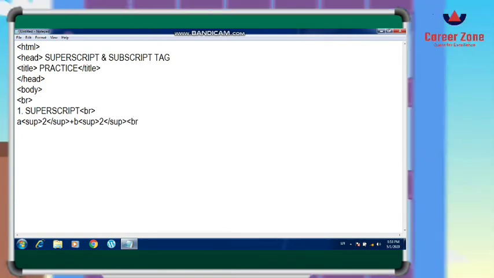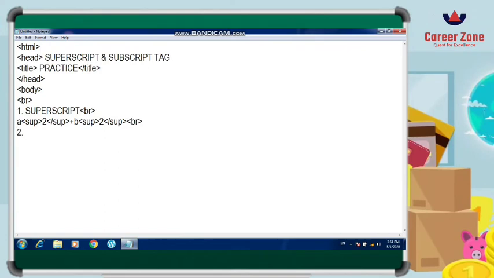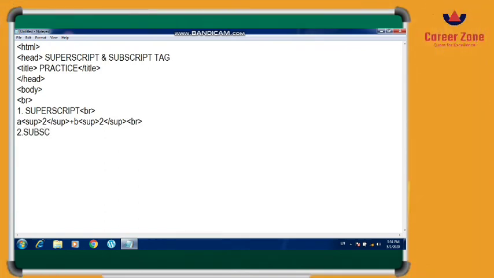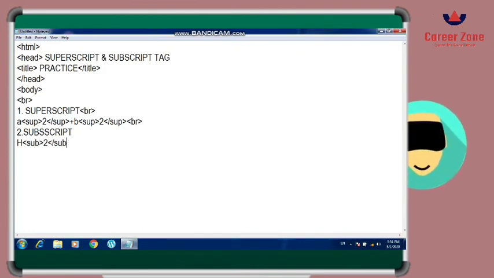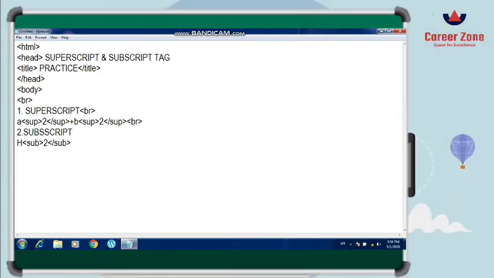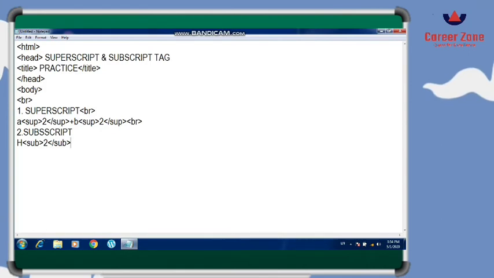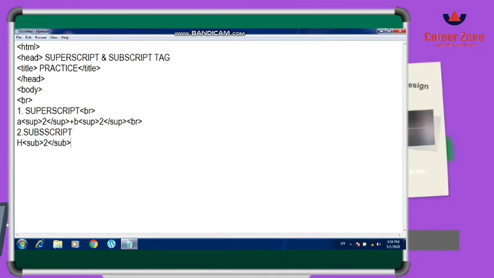And then under the sup again I will write 2 because I want it to be displayed on the top of b. Then I am using the br tag. Why? Because I am now showing you the subscript tag, so I will write the coding of the subscript tag. If I will not use br, then it is going to confuse you, because the browser will display all the output in the same line. So that is why it is beneficial to use the br tag every time you change the line, so that it makes a difference when the output is displayed and you are able to understand what the output is showing.